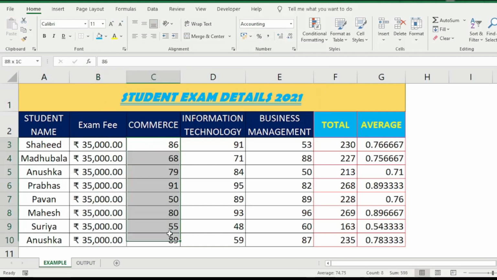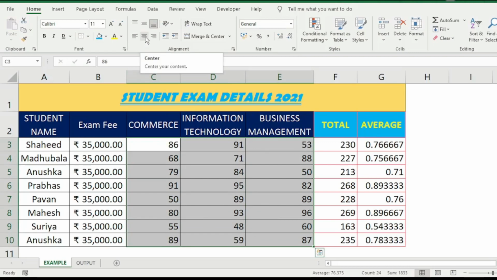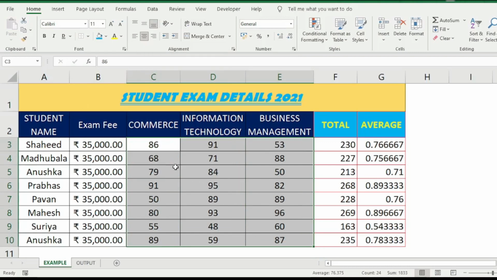Now I would like to place the marks in middle. So how we are going to do this one? Select your data and then alignment center. Just click on center. So your data has been aligned. Now I don't want my data to be in center. I just want to move to the left side, just left side. So to move to the left side just for one word space, then you have to use the indents. So this indent will help you to move your data within one cell. Within a cell you can move the data.